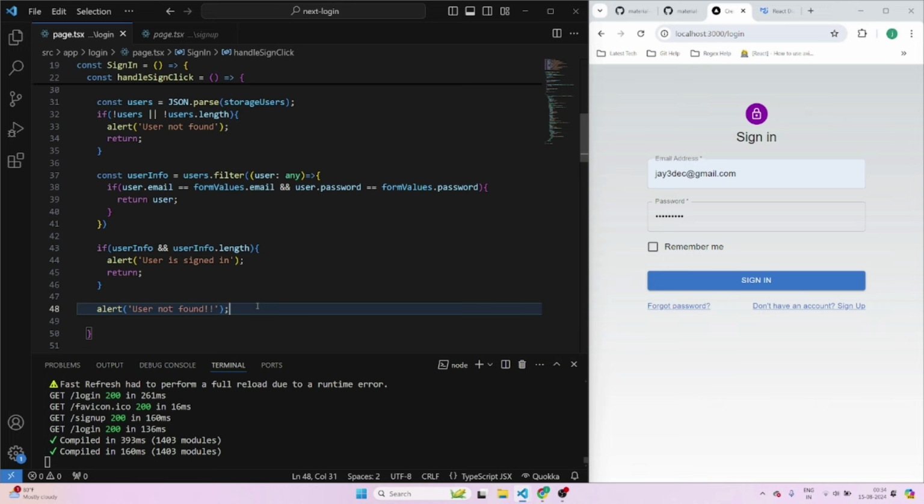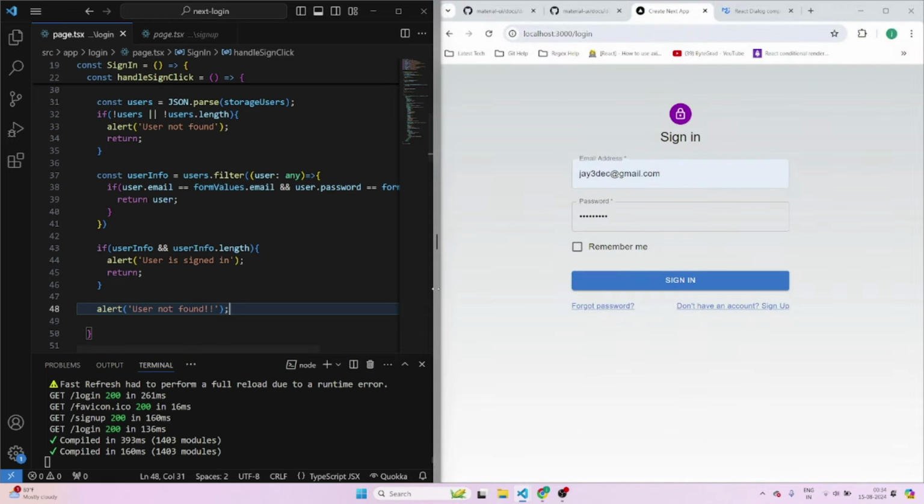So I think that should be all for this tutorial. In this, we simply try to create a sign in page and a sign up page in Next.js 14 using local storage for saving the users list. And you can use this as a starting template for building your